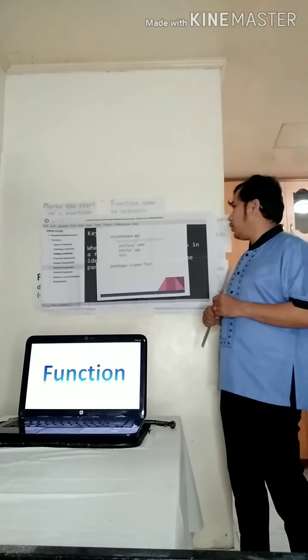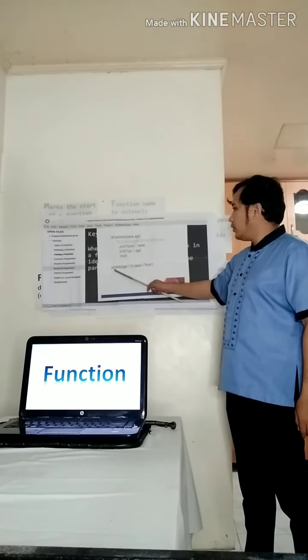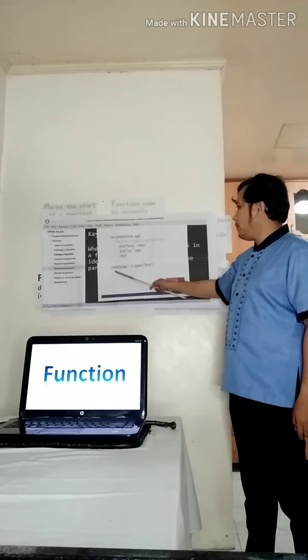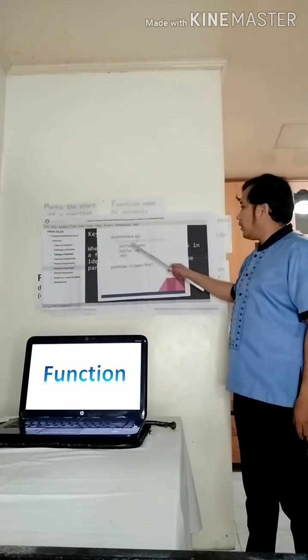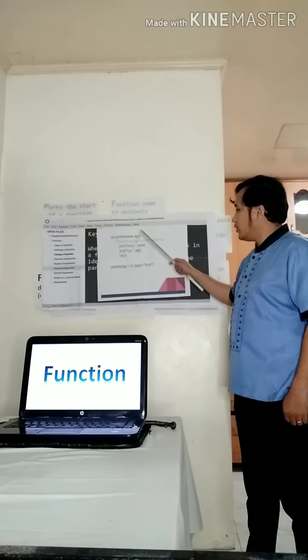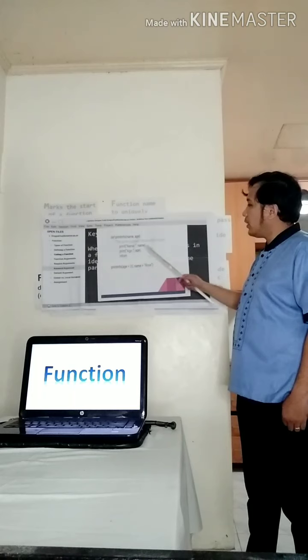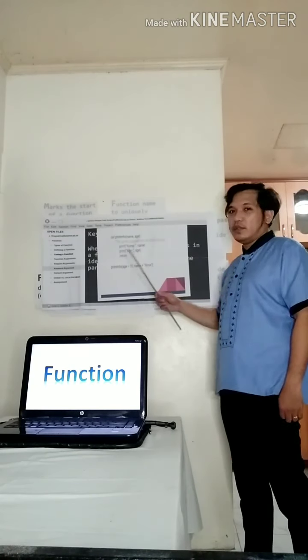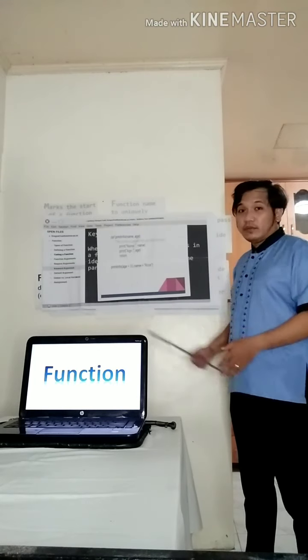So when we call the function, we call the function name and then age, assign it the value integer 30, and then name, assign it the string rows. So what do you think will be the output of this function?